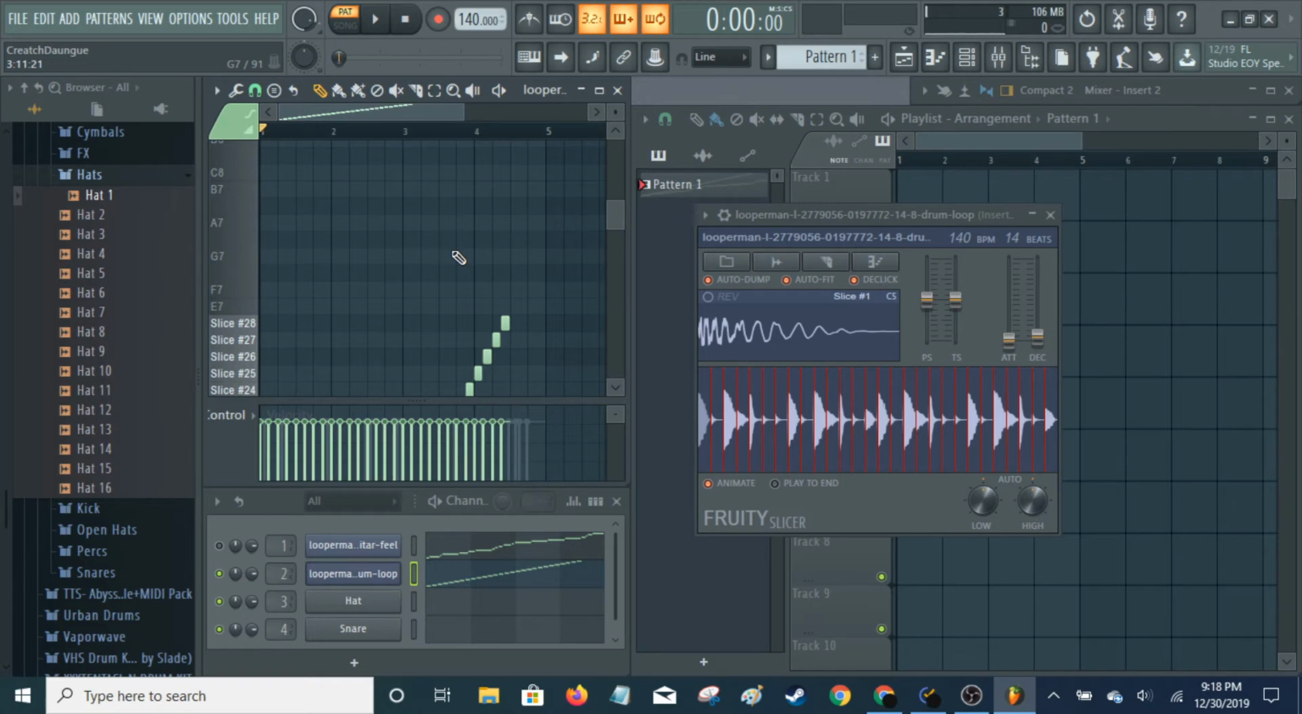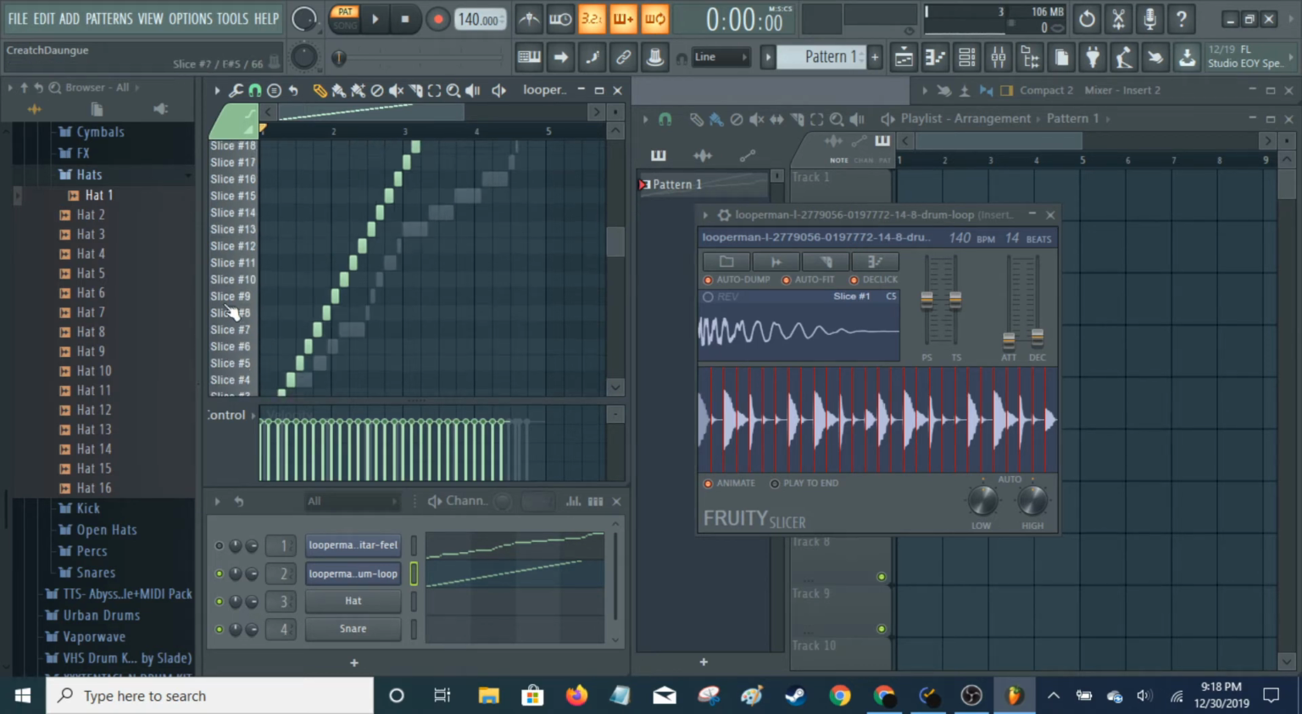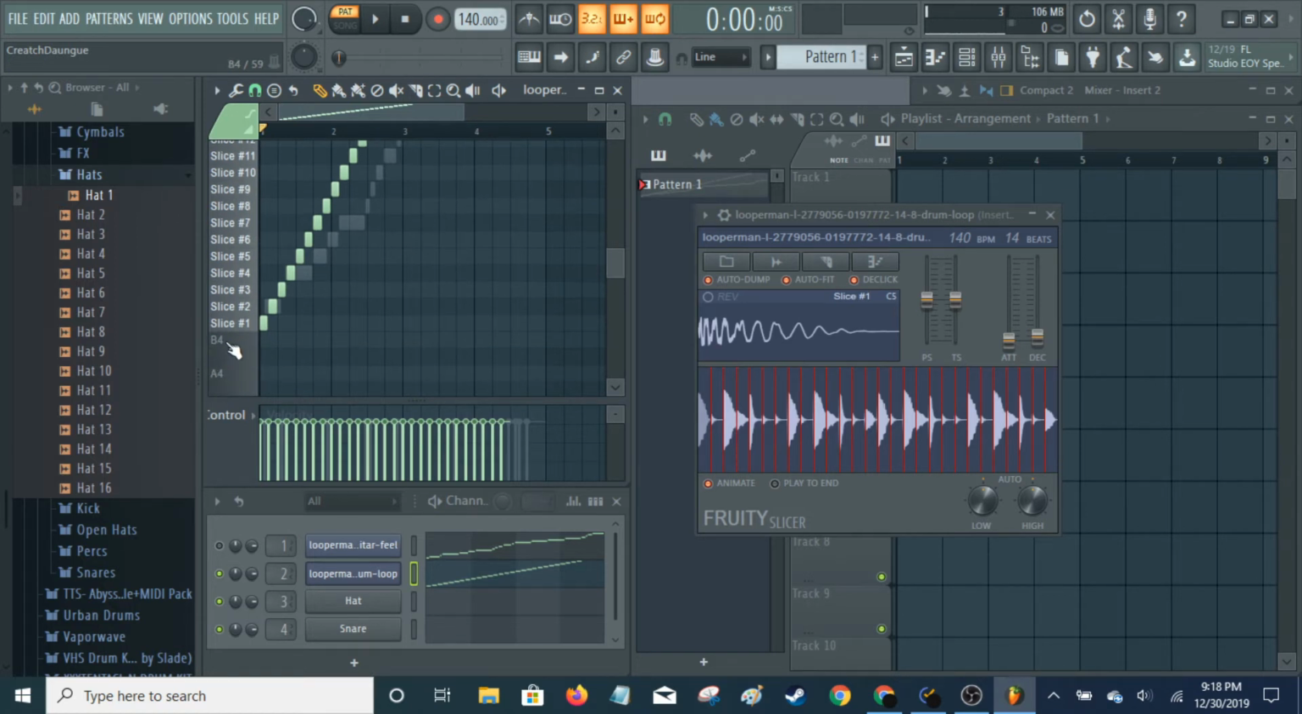It will put each slice, the area between each red line, as one note, and it will number it. So it's not necessarily a note. Keep in mind, these are just slices. It numbers it and replaces the note. However, if we look at B4,